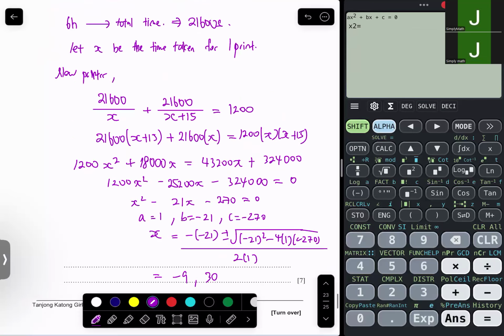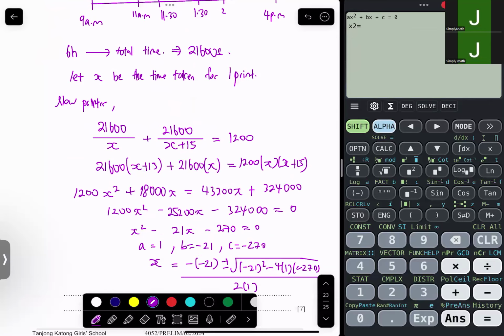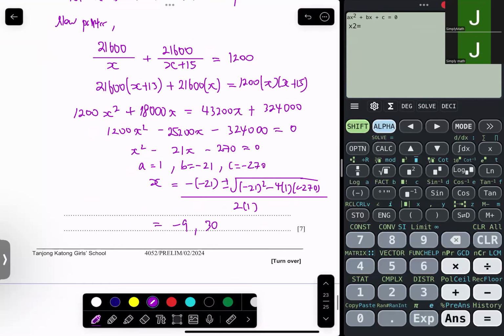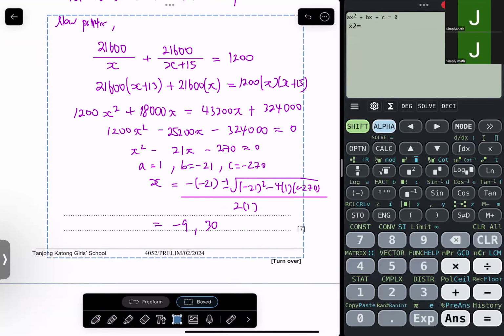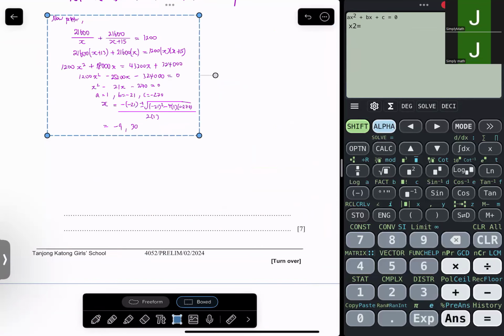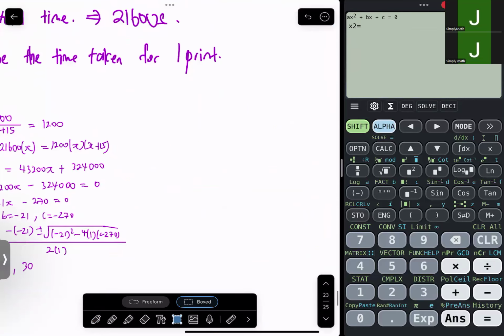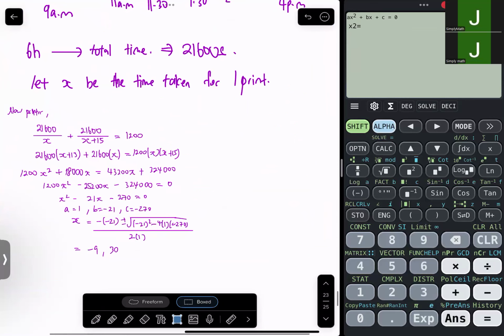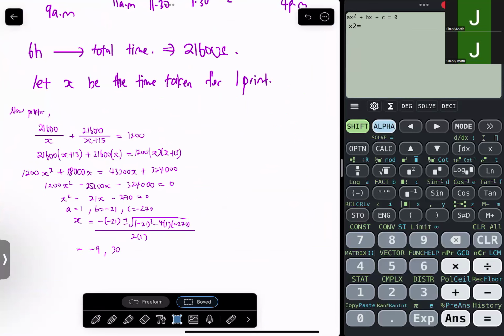So which means that, okay, well, so very long workings. Okay, so which means that X be the time taken for one print, right? We take 30 seconds for one print. So the older printer will take,